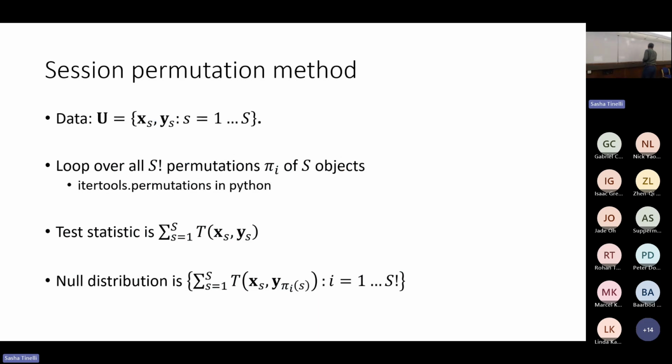Yeah, no, I wouldn't do that. So the thing is, you need to keep everything in one session together, right? So your session permutation is going to be something like this: you take all of the neurons from session 1, and you use them to predict all of the trials on session 3. If you split the neurons across trials, what you're doing is you're assuming a null hypothesis